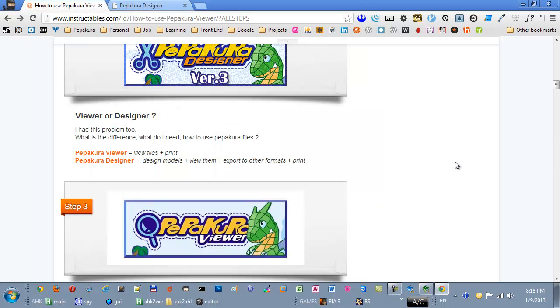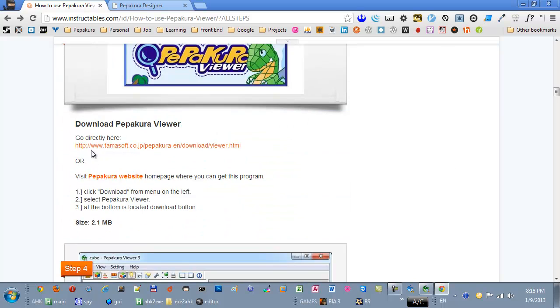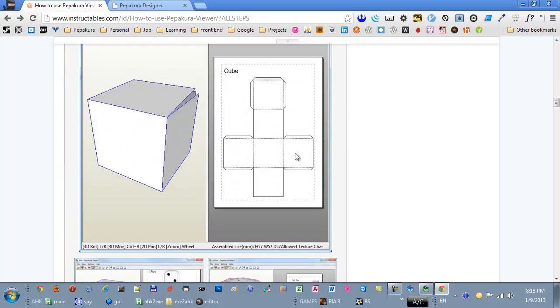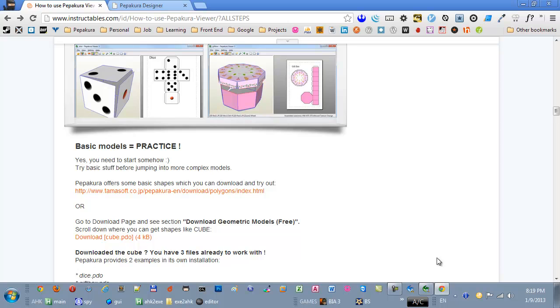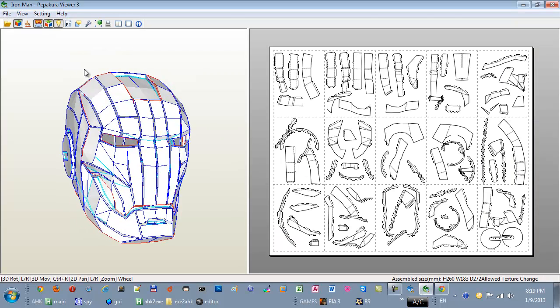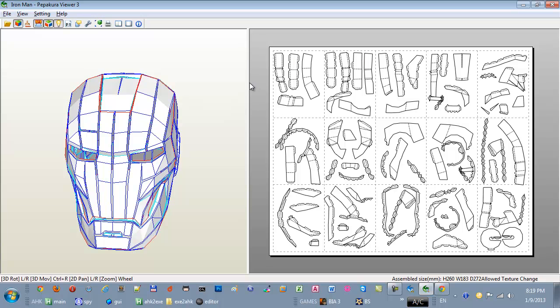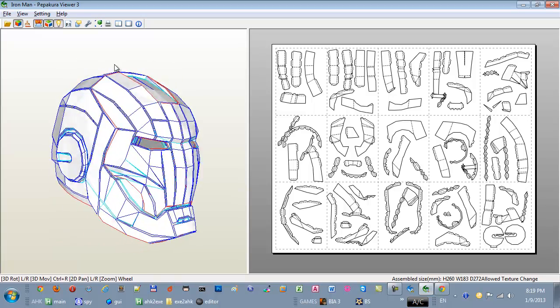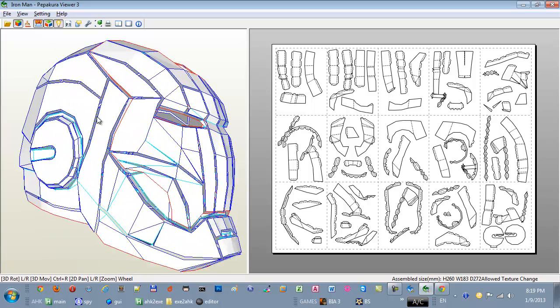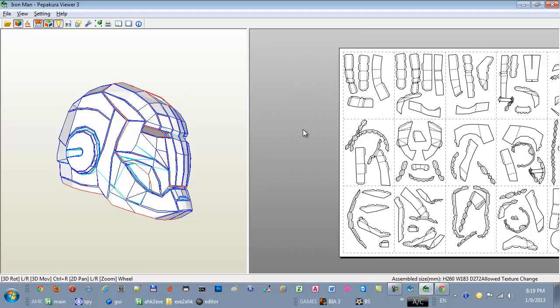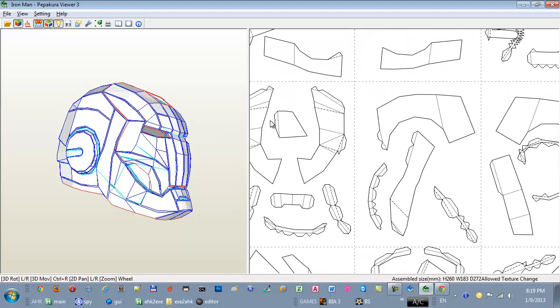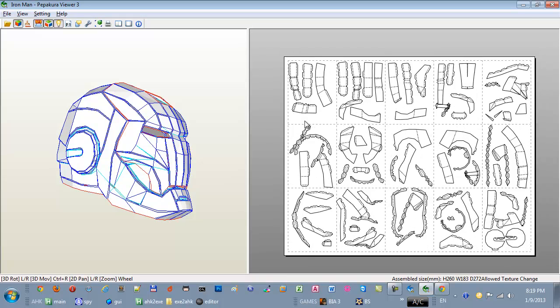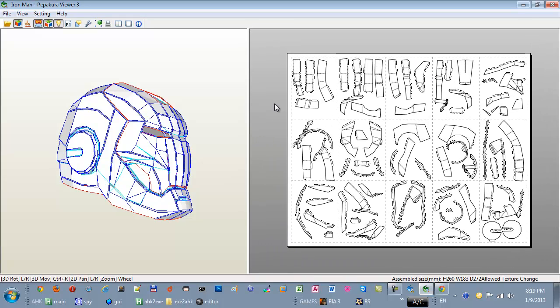So you should have installed the program, then downloaded some file, and that we already did. You can work with some basic shape. When you open it, as I said, on the left side is the 3D model, on the right side is a 2D representation. You can, as you can see, move the model. You can zoom in, zoom out, using the mouse wheel to zoom in, and mouse click to move the part,